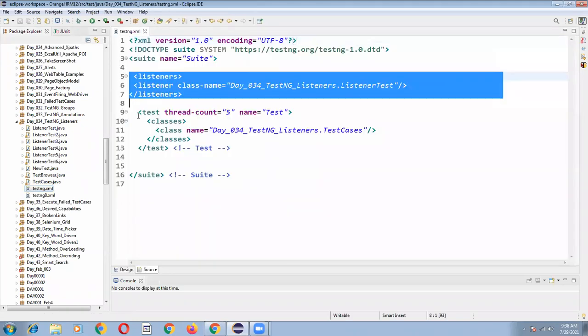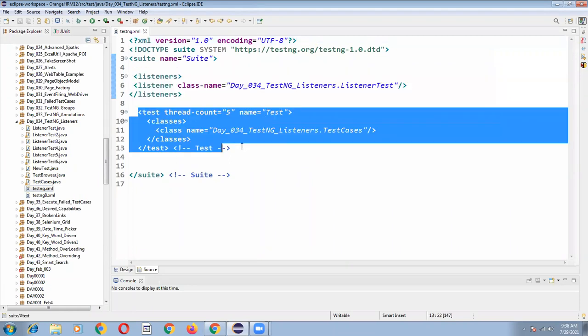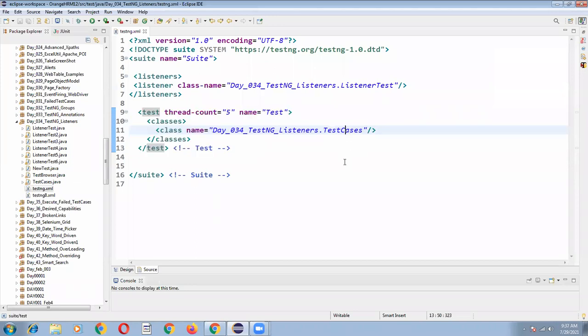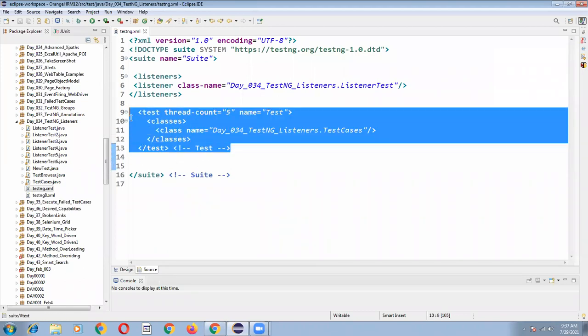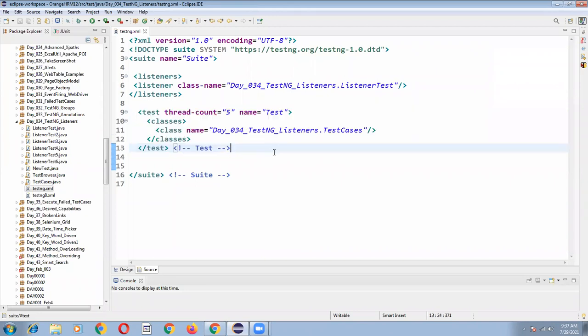Suppose you are executing your test cases. There is TC01 add jobs, there is TC01 add locations. You have written so many TestNG classes and you are executing your testng.xml. These sets of test cases are executing, and one test case might pass, one test case might fail, and you want to write some custom message automatically.